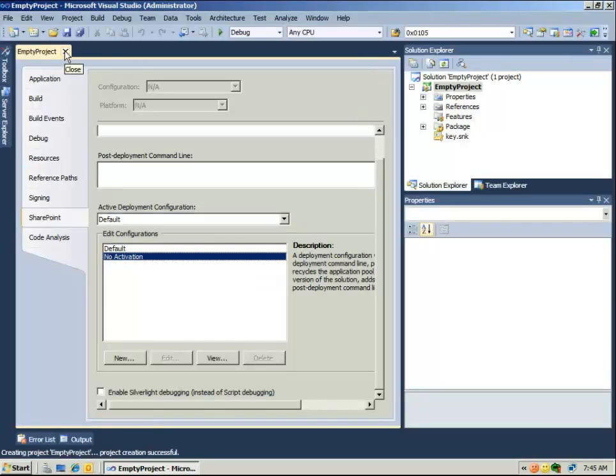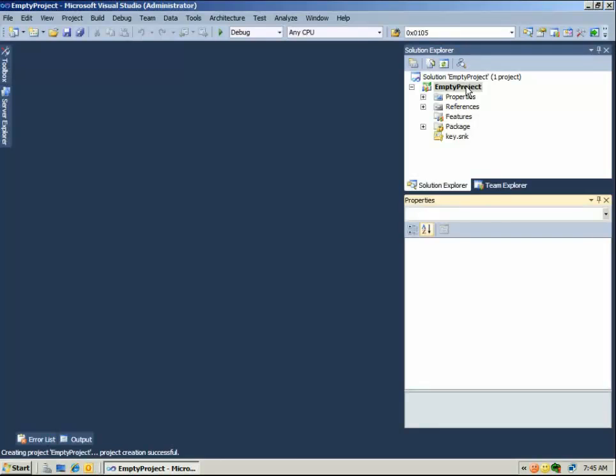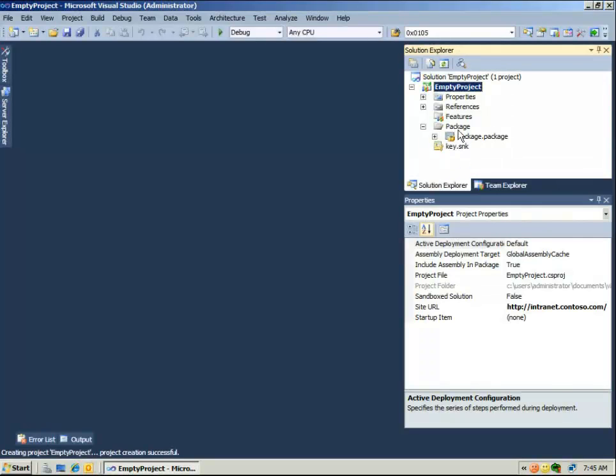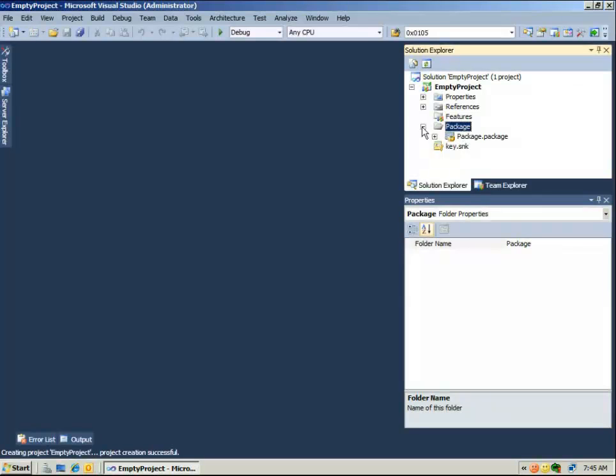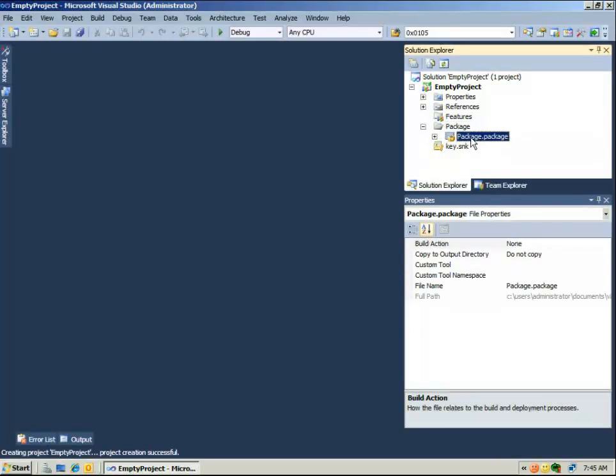So if we close this up, next let's have a look at the package node in here. Essentially, as I mentioned, this package is now abstracting the couple of files that we used to have to deal with previously, notably the DDF document directive file and manifest.xml. Manifest.xml still exists behind the scenes, but I've yet to come across a DDF file, and I'm grateful for that. So obviously Visual Studio is taking care of all that stuff behind the scenes for us in some manner. So the package